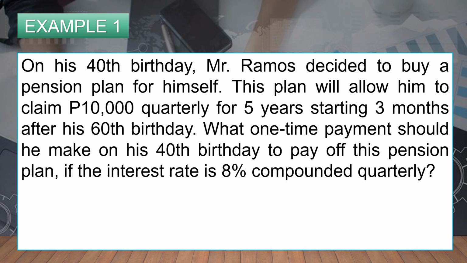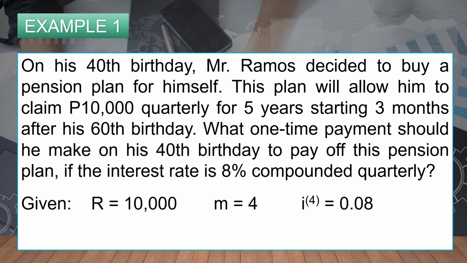is 8% compounded quarterly? So we have the given R, which is 10,000 pesos, M, the compounding period, which is 4 since it is quarterly, and the interest rate is 0.08 from 8%. Now we are going to find the present value. Now for our solution,